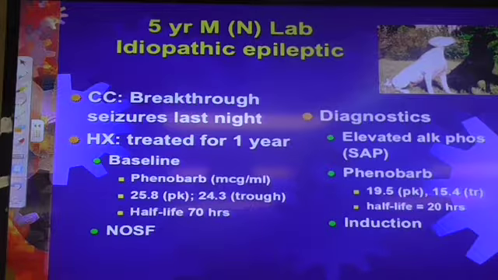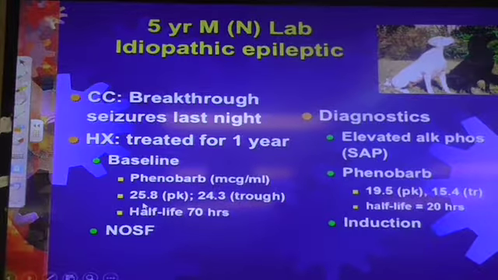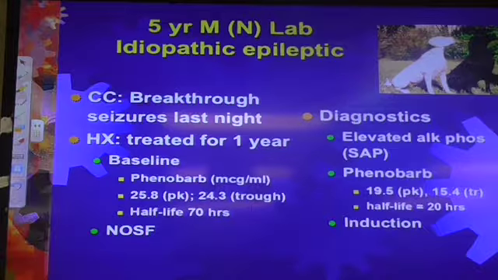Okay. So for Bo here, remember he comes to us because he's having refractory, not refractory, but he is having breakthrough seizures. He was well controlled for a year, and now he's having breakthrough seizures. His baseline, his startup phenobarbital concentrations were 25. The first question I'm going to ask is what has happened to his phenobarbital concentrations? And the answer is they have dropped. They're now down to 15. So Bo's therapeutic range for phenobarbital is 25. When he drops below that, he seizures.